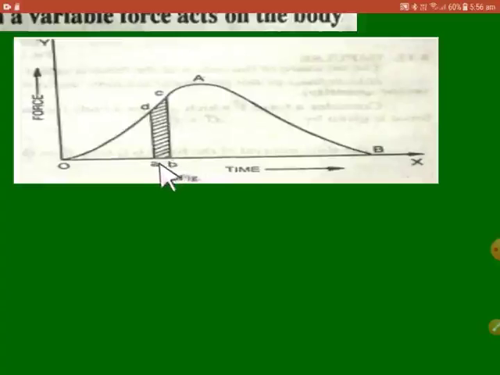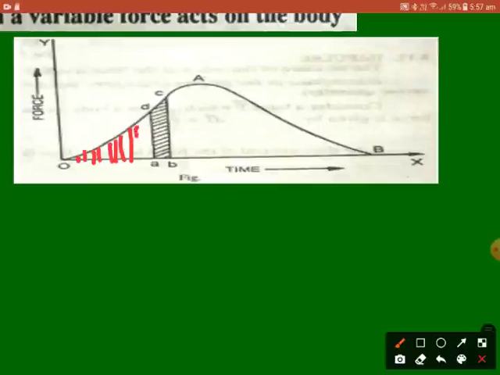Got it? So if you try to divide this graph into small durations of time, like that, then there will be so many strips here, right? If you find the area for such small strips, then you will get the impulse for those small strips. Suppose you want to find the impulse from this very beginning up to this time,